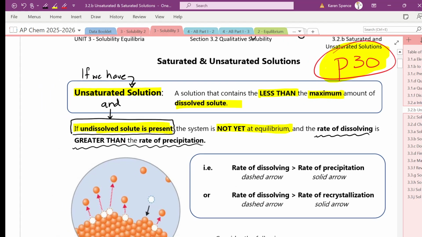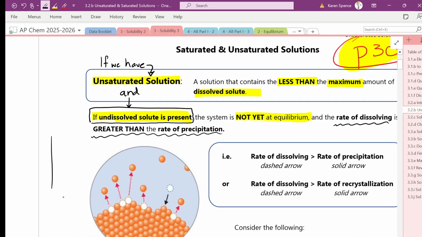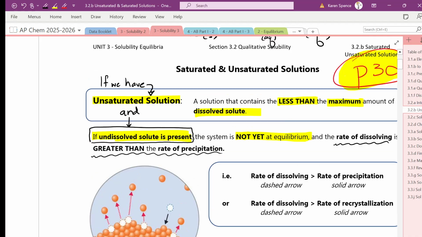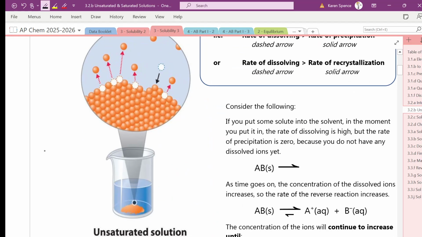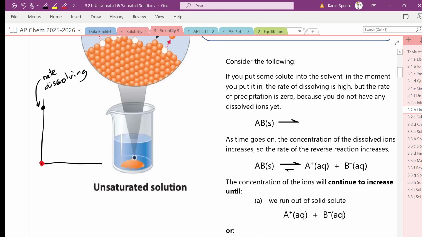And if we were to graph that, there's no room to draw a graph there. What am I trying to do? Where can I draw a graph? There. If here is the rate of dissolving, and here is the rate of recrystallization,